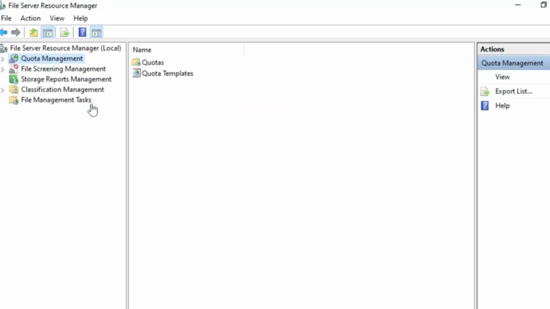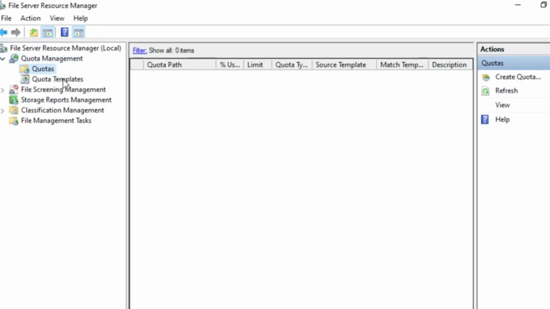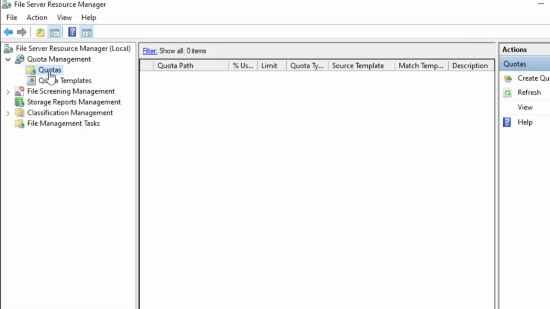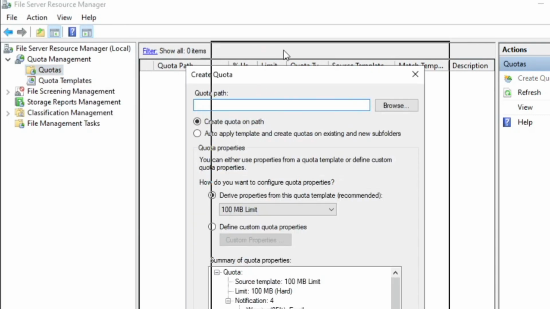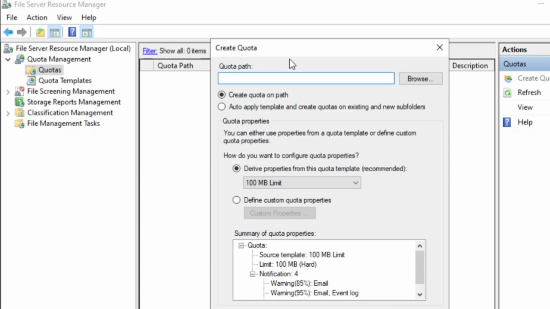Okay, so to set up the quota management in here, let's just expand this. So you can see two different setups here, the quotas and quota templates. So the quotas is for a more specific and detailed setting, and if you want more customization for it. Okay, so if you right click on this and create quota, this is where you can create a customized quota